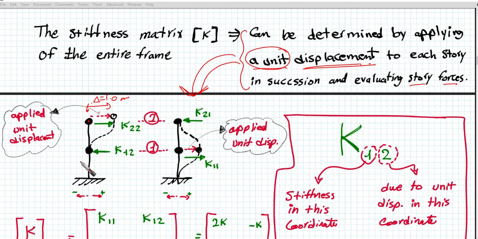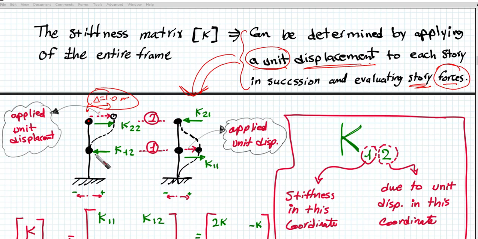Okay, and then we're going to see what are the forces that are going to be developed. Okay, what are the forces? The word forces here means story shear or story force; they are synonyms. They are representing the same significance. Okay, so whenever we apply the displacement here, we're going to have forces developed at the top